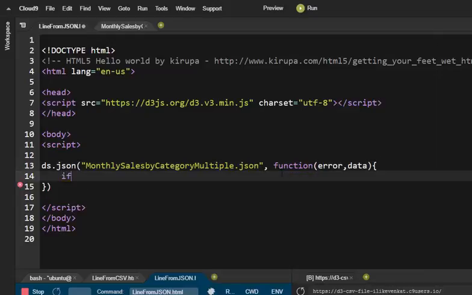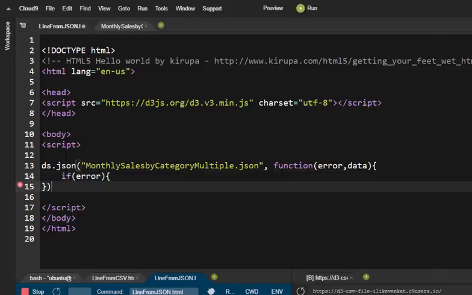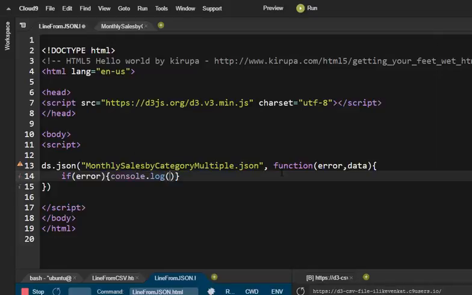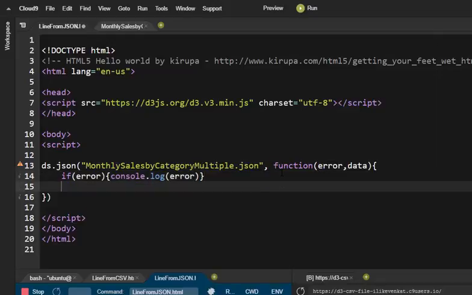So if error, then log it as error. Okay, and the else statement will be